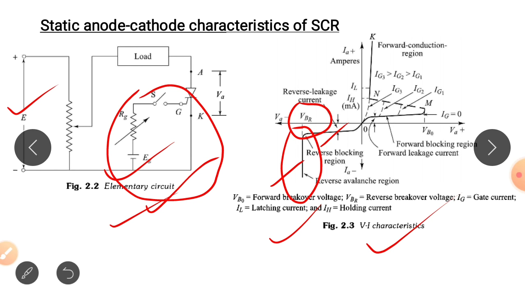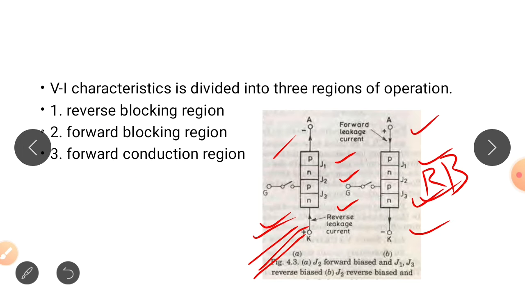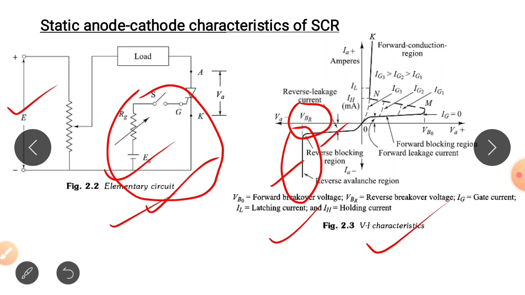In this mode, the thyristor is in on state and behaves like a closed switch, and the voltage drop across the thyristor in the on state is of the order of 1 to 2 volts depending upon the SCR rating. In the previous state, the thyristor is in forward blocking state. When we increase the anode to cathode voltage beyond VBO, avalanche breakdown occurs at this voltage VBO and the thyristor will conduct.